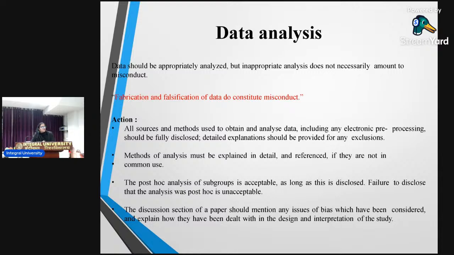So we come to the next point, data analysis, right? Data should be appropriately analyzed. So for that, I had already told you that you should discuss with your PI. If the PI does not have a fair idea of which tools have to be used, you can engage a statistician, right? It may be a personal view, but I always think that engaging a biostatistician or a statistician for such practices is a better practice because you are on a good footing right from the beginning of your study. And it also fosters a culture of collaboration, right?